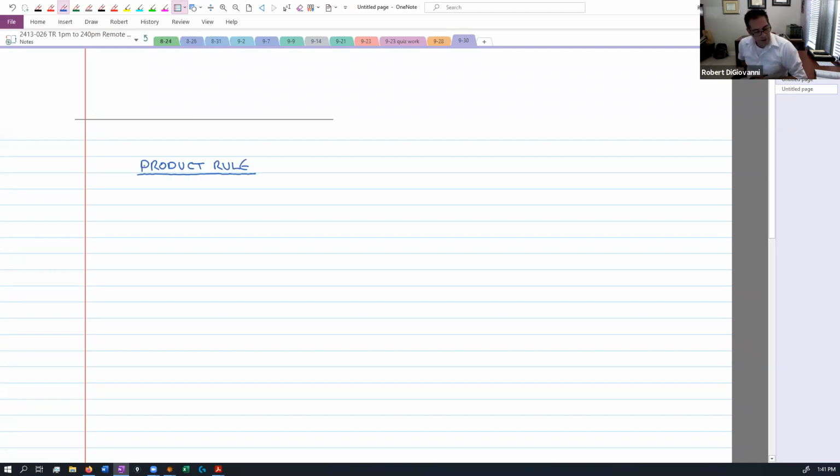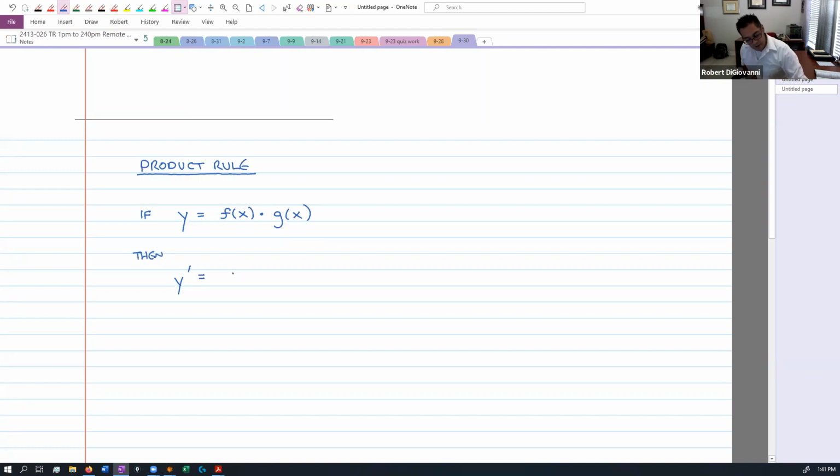So we're just going to have to get the rule. So here's what the rule says. If you have some function y equals some function of x times some other function of x, so you've got a product there between the two, and you want to take the derivative of this, then the answer is